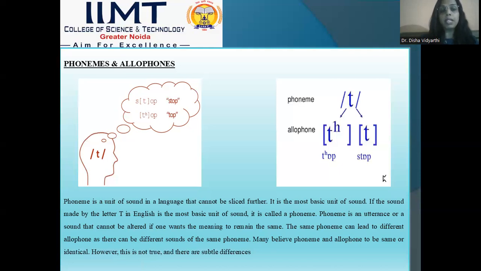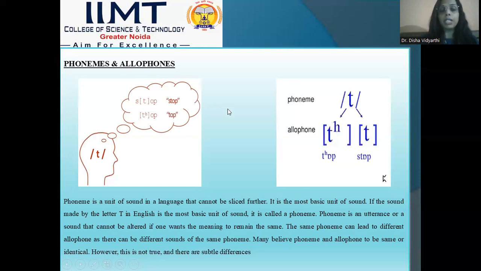It means if it is written TH, then we have to say T. So it is top. As per the articulation, as per the transcription, it is written over here top. But the catch is that whether you pronounce it top, top, top, the meaning will remain the same. The identity of the ta sound will remain the same. It will be the ta sound only.